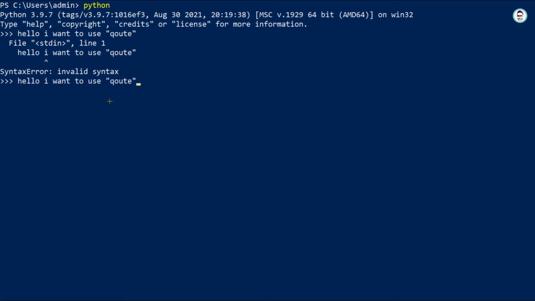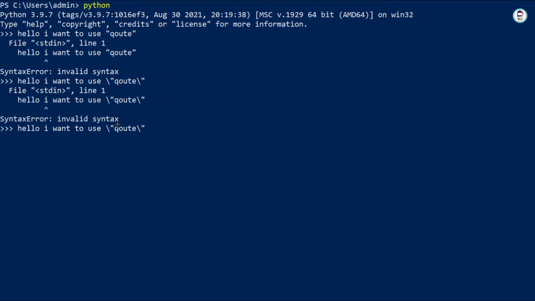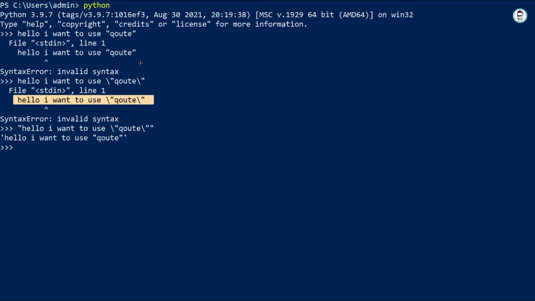As it is a special character, you can use it by using a backslash before the quote. As you can see, here it was a syntax error as I had not written it in double quotes. So keep in mind that whenever you want to print a string, you have to write it in double quotes.